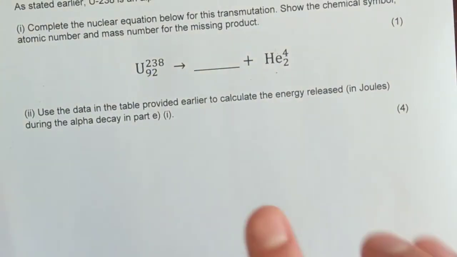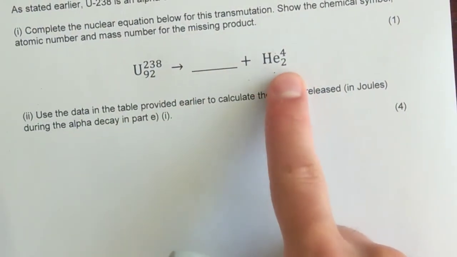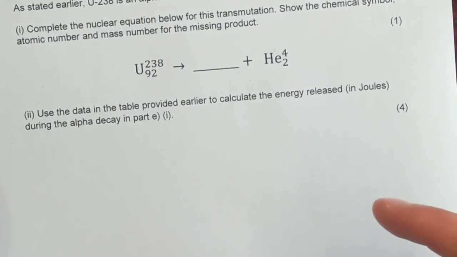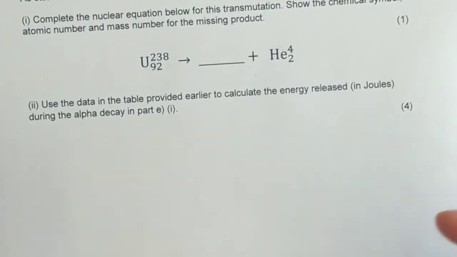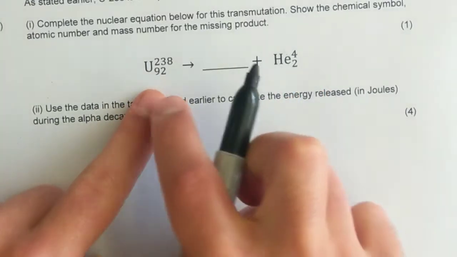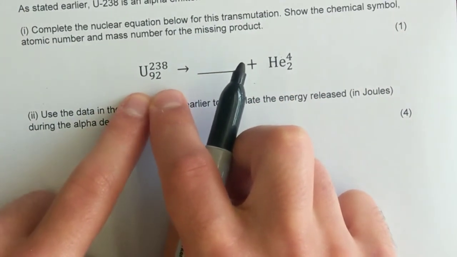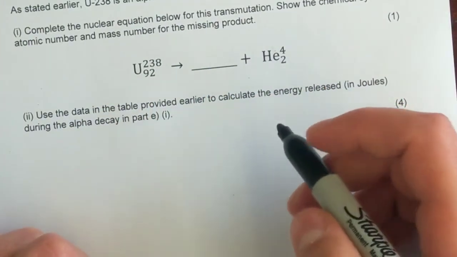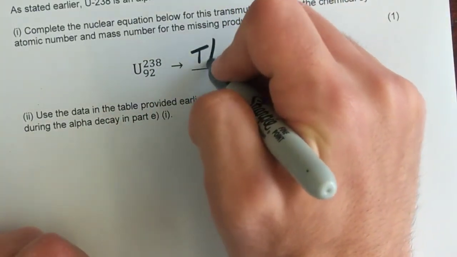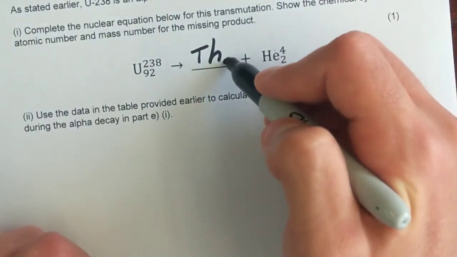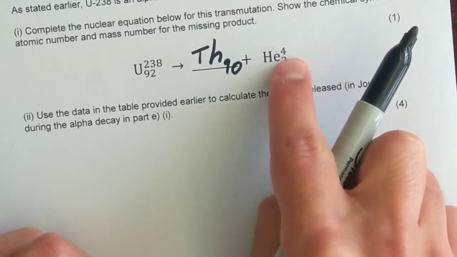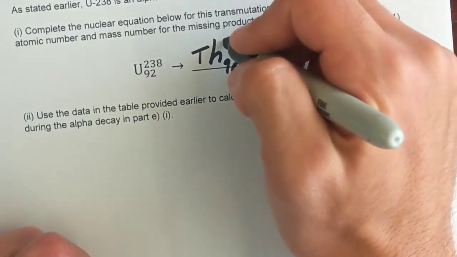equation here, we've got uranium-238 emitting an alpha particle, helium, which has an atomic number of 2 and a mass number of 4. What we need to do is look at our periodic table and find, if we take 2 protons out of uranium-92, what are we left with? We're left with an atomic number of 90. We use our periodic table to find out that that would give us the element thorium, which has an atomic number of 90, and we have taken away 4 nucleons in total, which means our new mass number will be